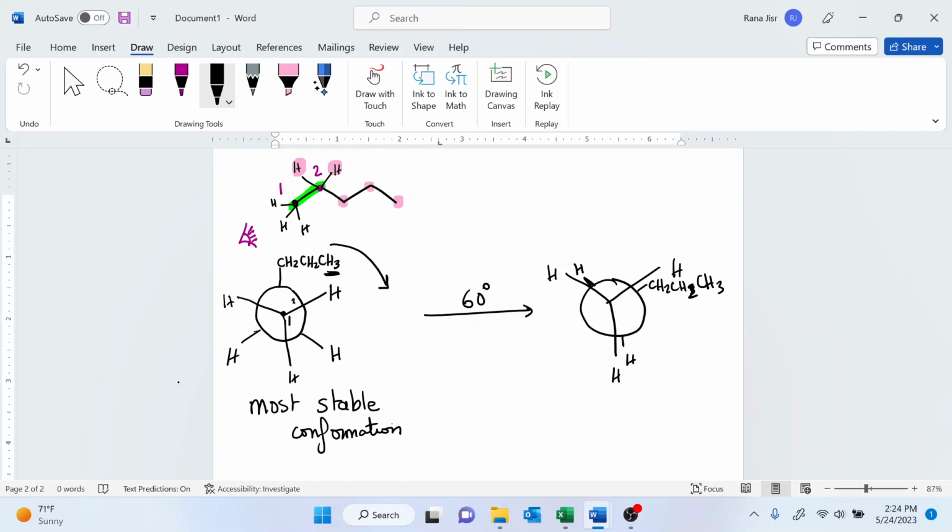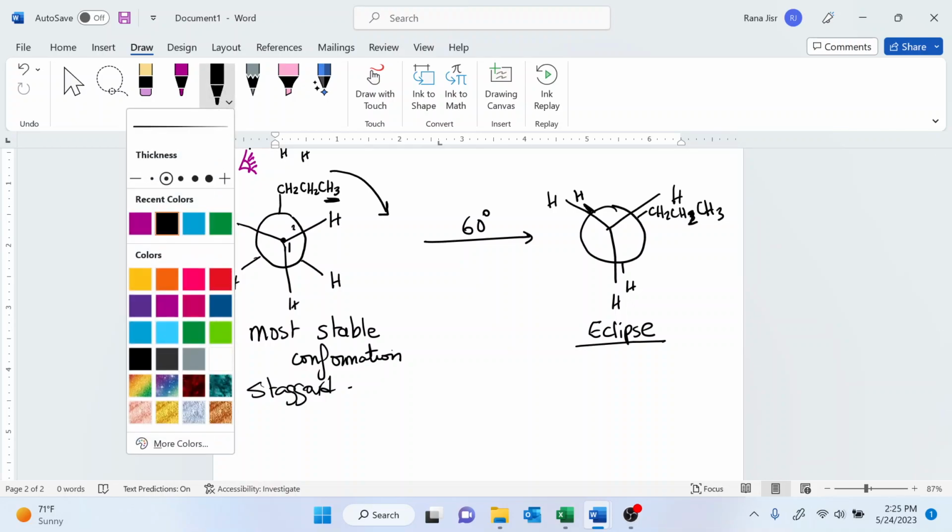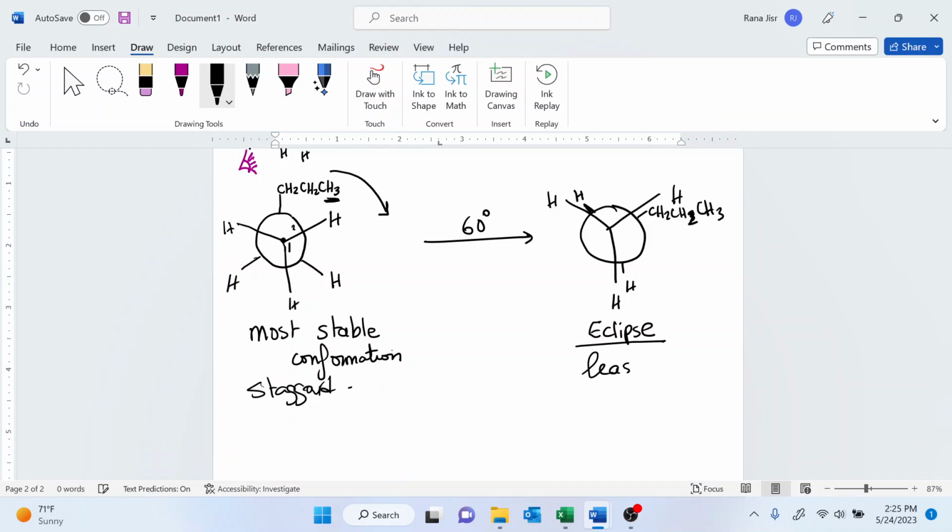And this is going to be my eclipsed conformation. So this is going to be the staggered, and this is going to be the eclipsed conformation. For all other eclipsed conformations, if you do the rotation of 120 degrees, then you're going to end up having this propyl here or this propyl here. And because the hydrogens are the same, all the eclipsed conformations are going to have the same energy. So this is going to be the least stable